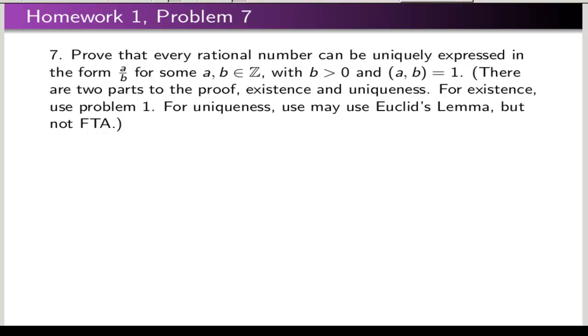So existence part: A and B relatively prime, and I say use problem 1 for instance. Okay, so what is problem 1? That's the problem that said if A and B have a common factor D, then when you divide out the D,